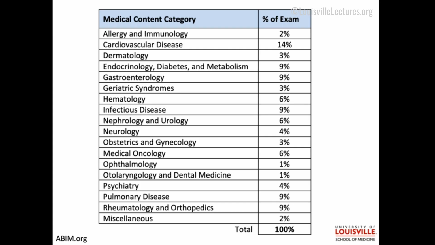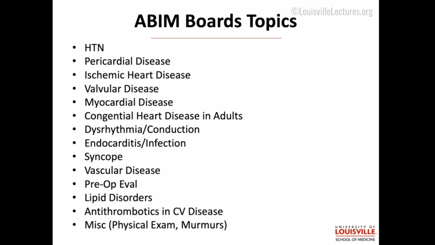As many of you are aware who might be studying for your board exam or who have looked at the ABIM website, cardiovascular disease is the single highest represented discipline on the board exam. So it really behooves you to know how to answer these questions and therefore to watch my lecture in its entirety. These are the topics listed under cardiovascular disease on the ABIM website. These are broad categories. There are specific disease states underneath each of these ones. We are not going to cover absolutely everything on this list, but we're going to get to a large portion of it and kind of the high yield topics.